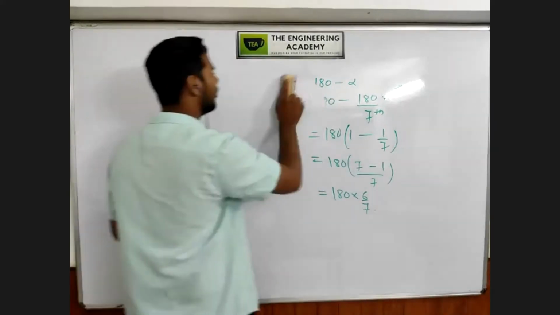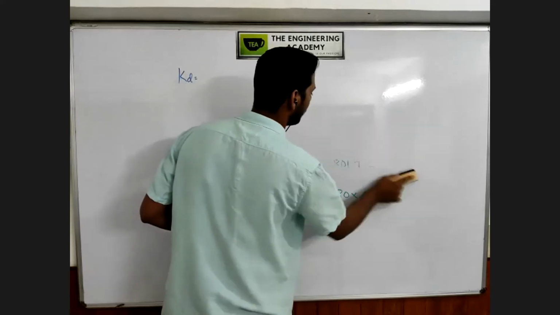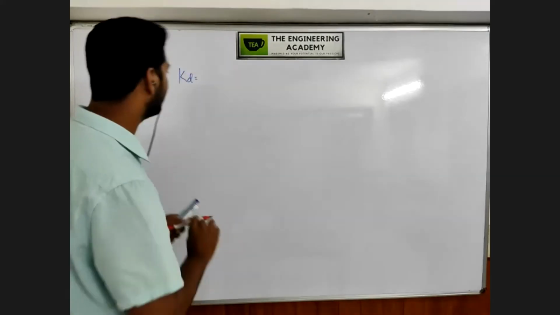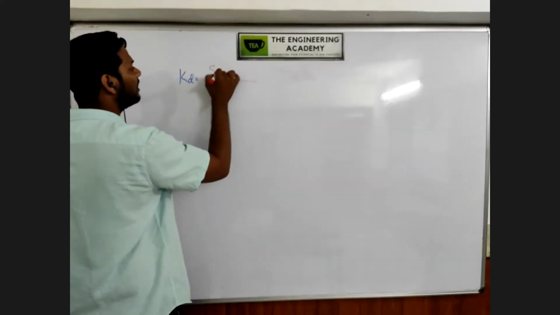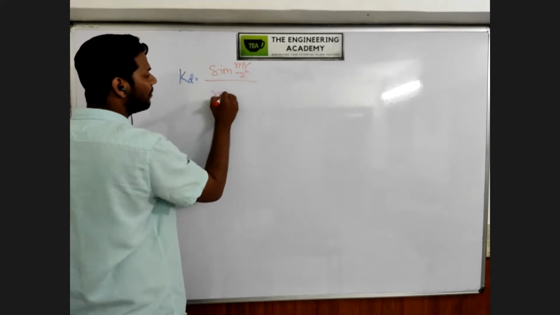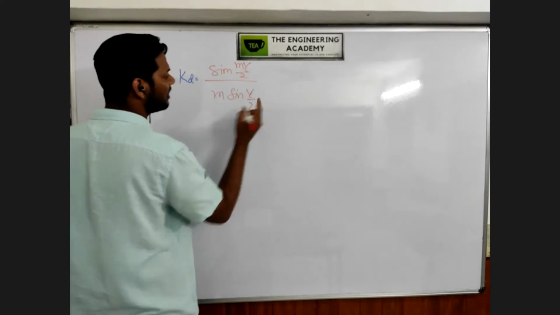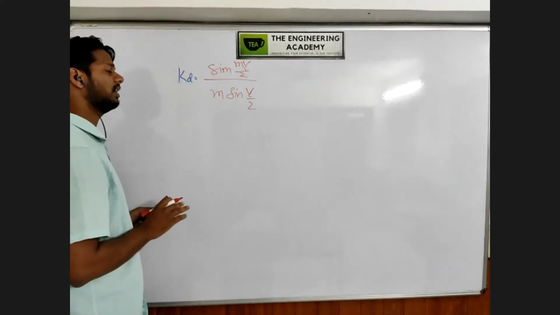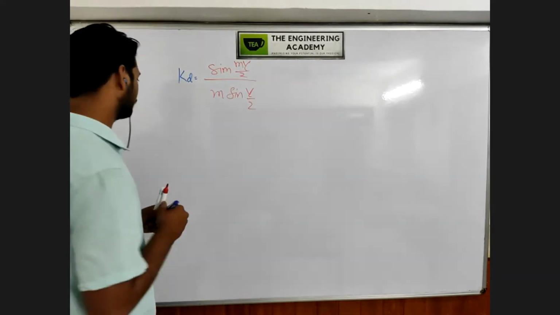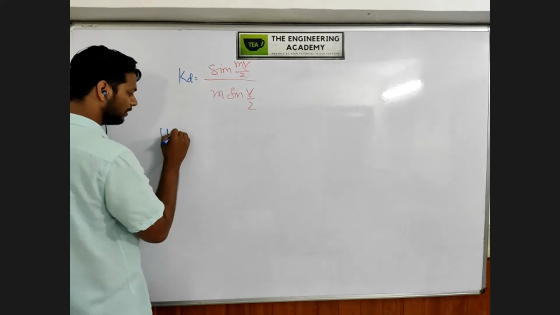Now I will discuss uniform distribution factor. I told you the formula for distribution factor, KD, which is equal to sine of m gamma by 2 divided by m sine of gamma by 2, for fundamental frequency. I gave this formula for fundamental frequency. But there is another formula, which is uniformly